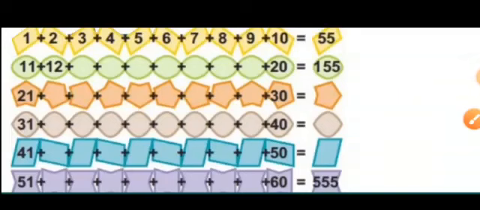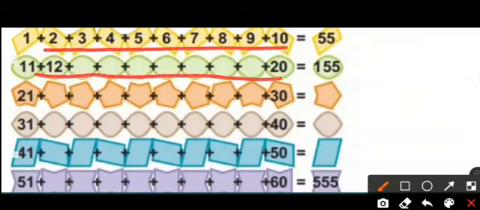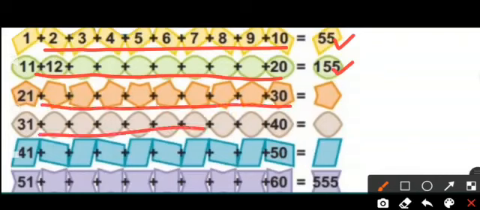Let us learn smart adding. What if someone gives you 10 numbers to add together? Means addition of numbers from 1 to 10, and addition of numbers from 11 to 20. Suppose at the first step the answer is 55, and after adding numbers from 11 to 20 we get 155. Now we want to add numbers from 21 to 30, 31 to 40, 41 to 50 and so on without adding it. So first we have to understand this pattern.